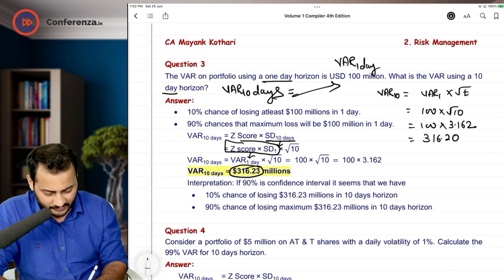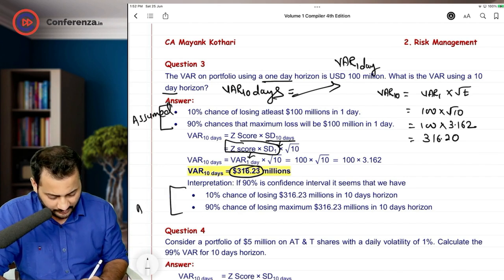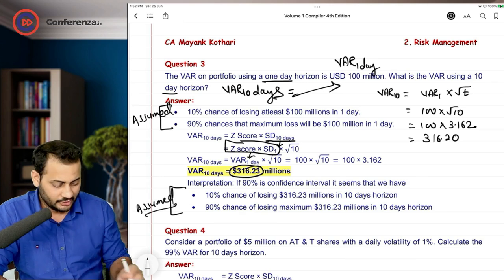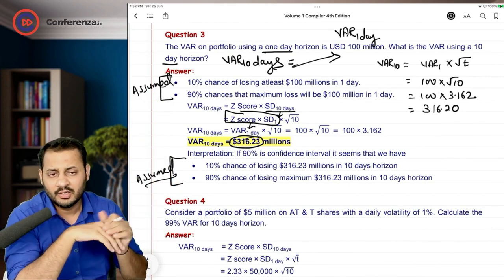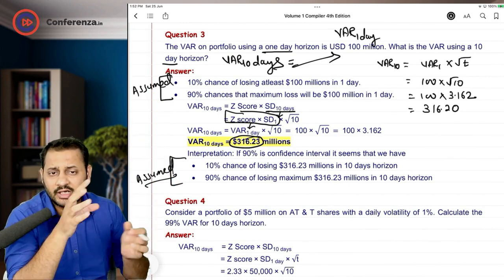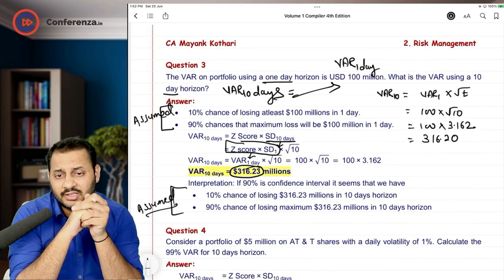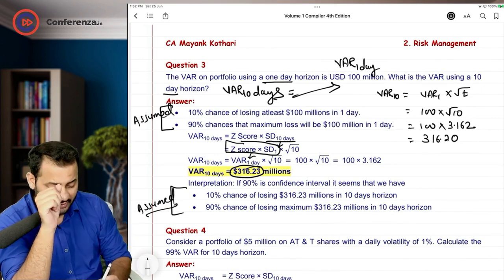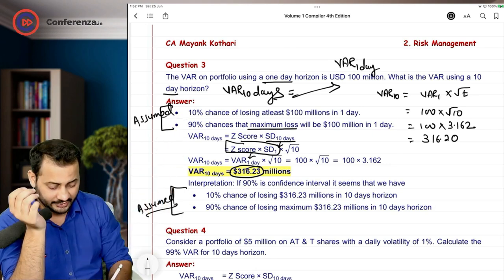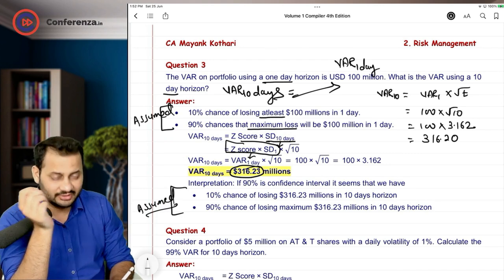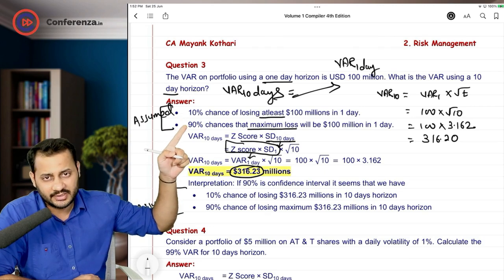See, this much of the data has been assumed by me in order to teach you how to interpret. It is not the part of the question. So don't get worried about from where we have taken this 10% and 90%. Now let's take an example or take an assumption that this has been calculated with a 90% confidence interval. Whenever I say 90% confidence interval, it shows the maximum loss. And whenever I say 10% chance, means the opposite side, significance level, it shows at least loss. So 10% shows the minimum loss, 90% shows the maximum loss of